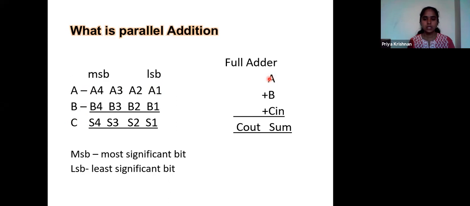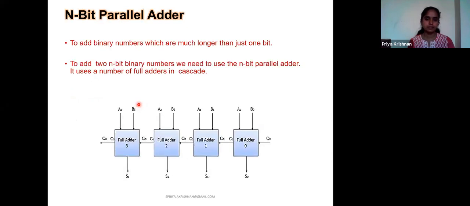Okay, so here is what a full adder is. I can recall that a full adder can only add 3 bits at a time. In the full adder we did only one set, A, B, and C in, and we got a sum and C out. But here you can see in the A input itself I have 4 bits, and in the B input itself I have 4 bits. Got it? So this is the logic we are going to use in the parallel adder.